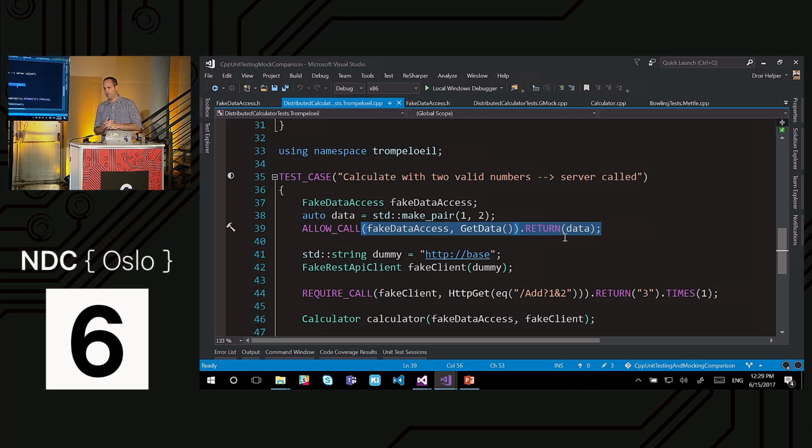But if for some reason someone extracts this method or changes it so it's called from somewhere else, or called more than once, I don't really care, because this method is only written here in order for the test to continue execution, and I don't want the test to fail because of that. So I'm using allow call and not require call, like here, where I do require that the call be called exactly once. So that's something I like.